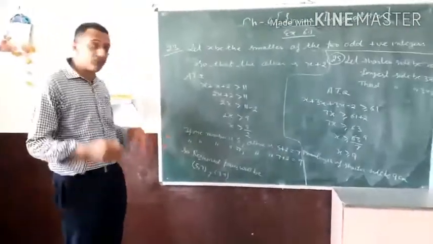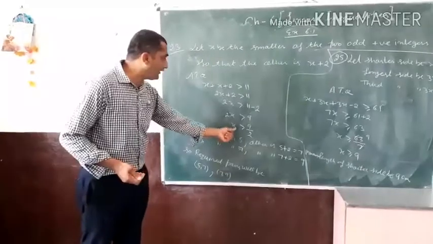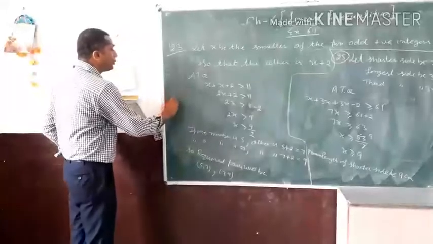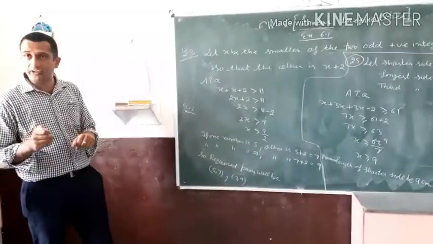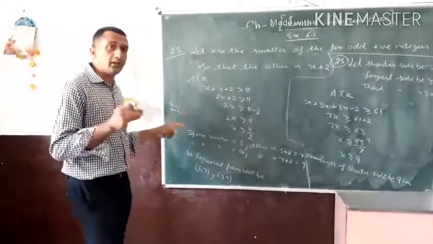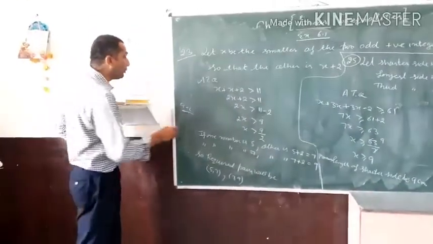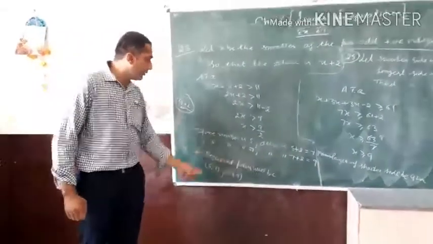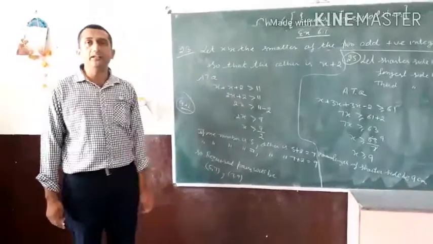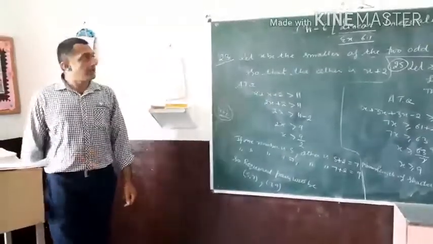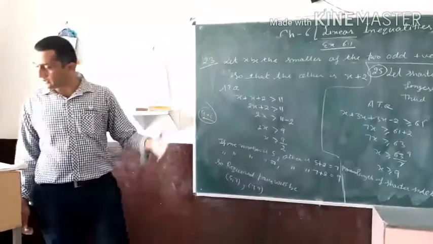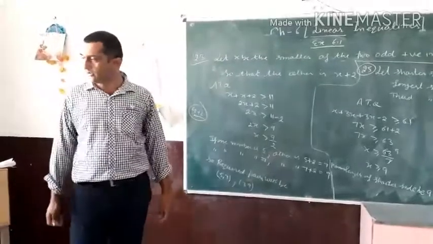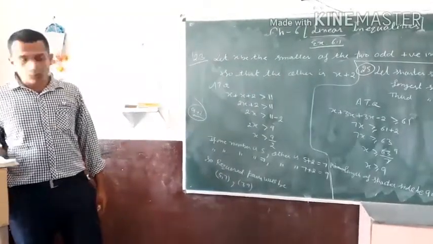If we take another pair, where one number is 9, it may be possible, but the other number will be 9 plus 2, which is 11, and the condition is that the two positive odd integers must be less than 10, so we cannot take 9. So the only possible required pairs are 5, 7 and 7, 9. Similarly, question number 24 is the same, it is on even positive integers instead of odd positive integers. So next, question number 25.